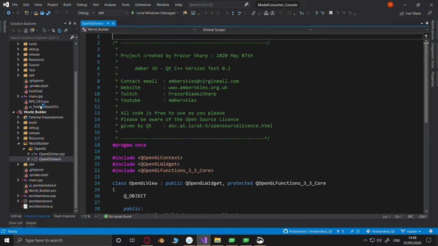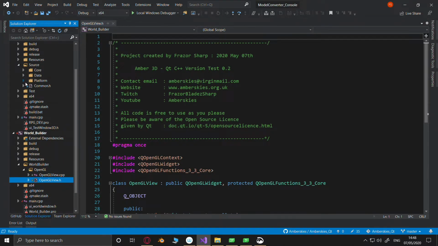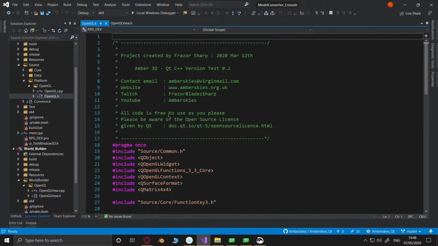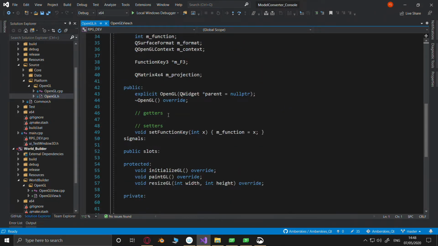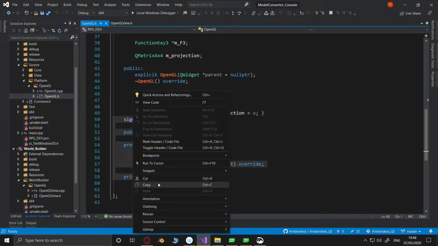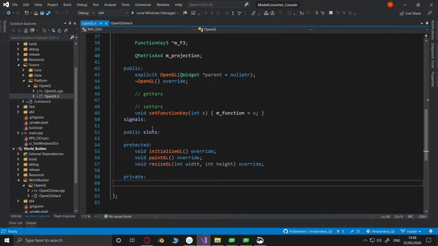OpenGL view is missing a load of stuff. So let's go and see what it's missing. May as well just take it from here. Let's take that lot there. Just copy that out, because it's only that bit that we need, all the overrides.